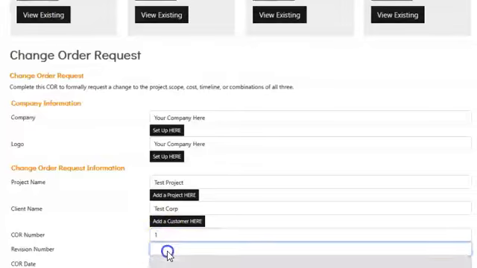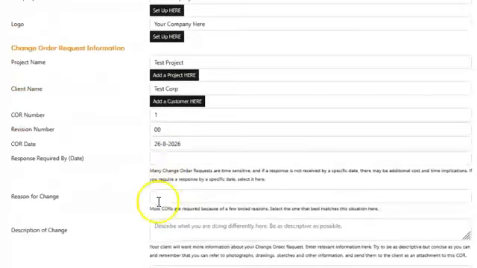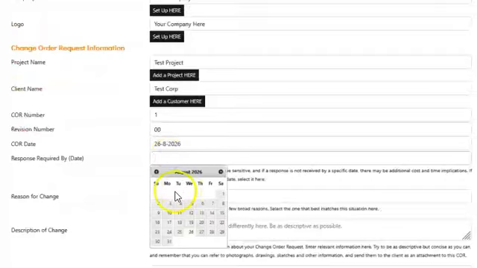Change order number, we're just going to put a number in there. And then we've got a revision number in case you need one. I'm just going to put today's date. And then